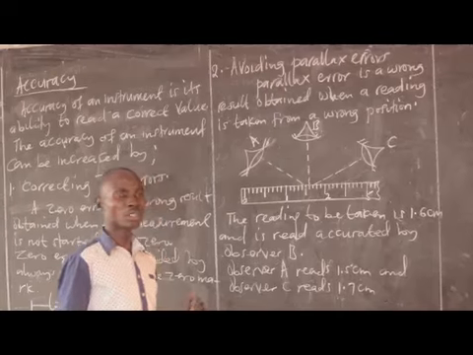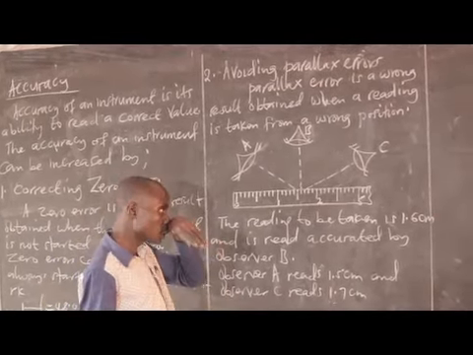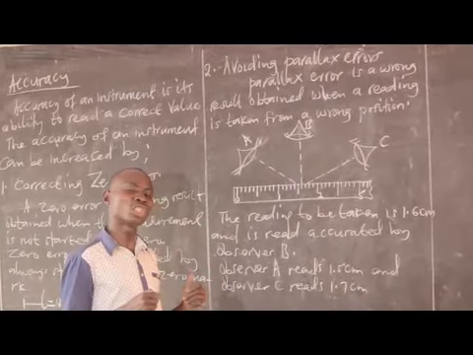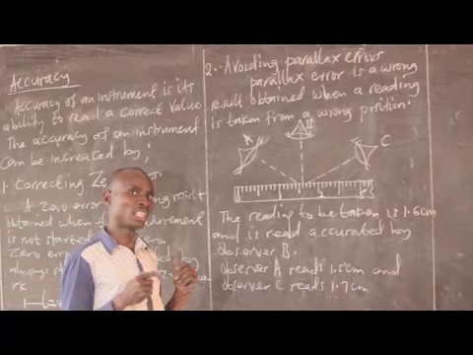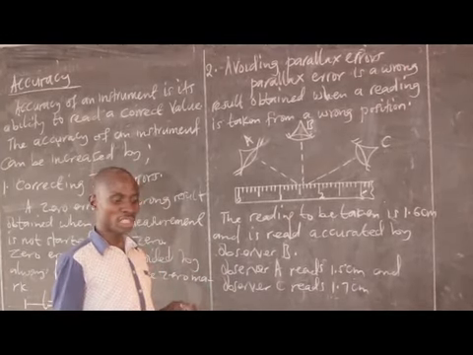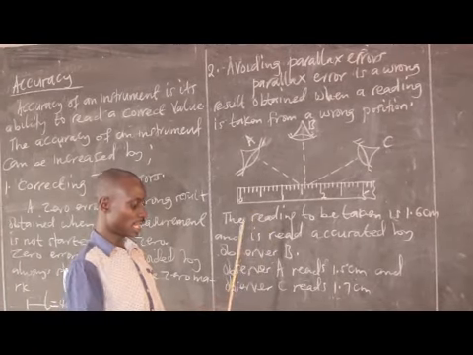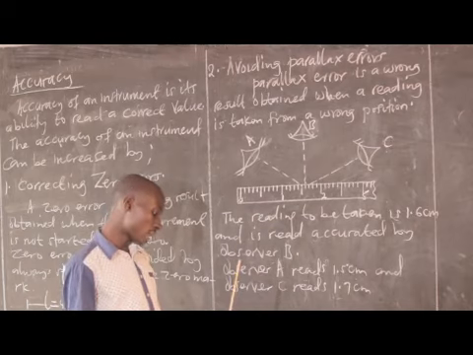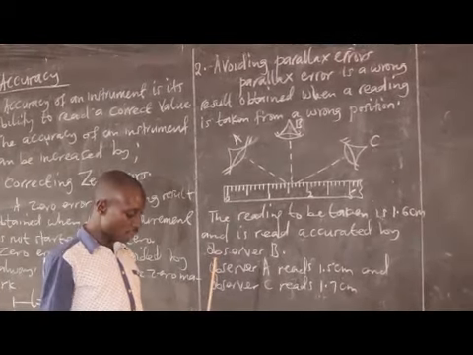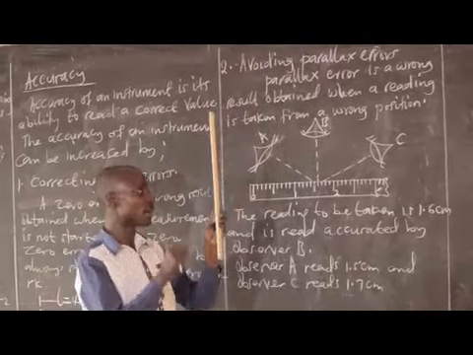Good. When I make the reading, you should position yourself such that the reading you have to take is perpendicular to your eyes. Directly in a straight line to your eyes. Don't just peep at the reading. If I do it like this, I am likely to take very wrong values. I can't read from this side, so what I do is bring it to my eye level.